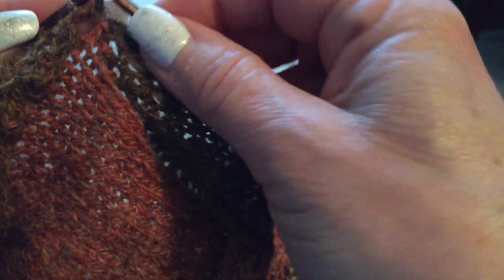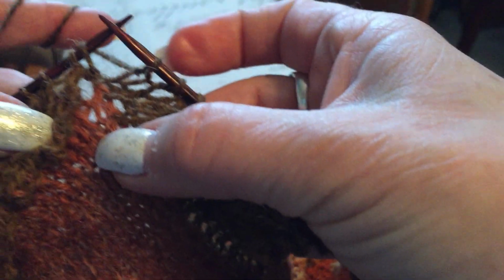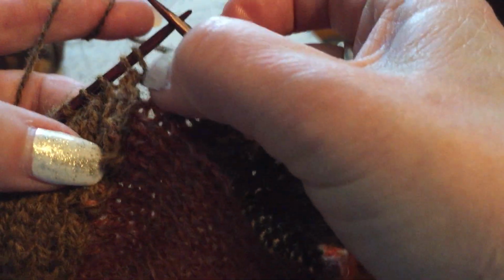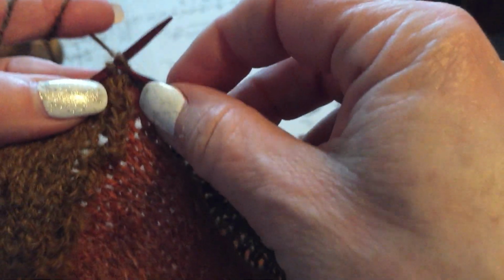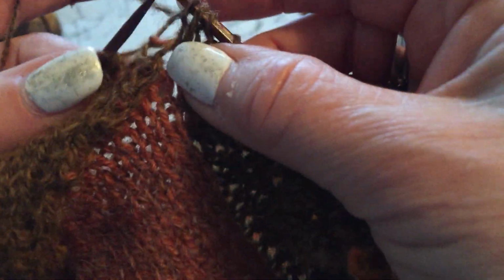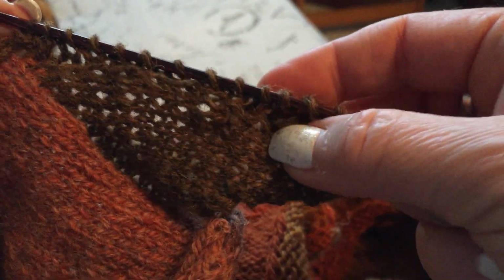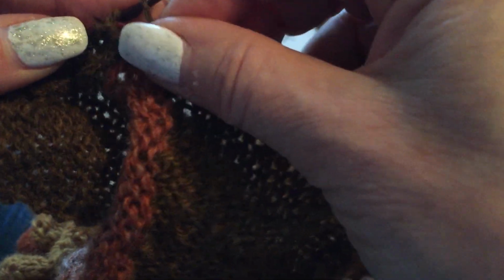One more, that would be here, so you can see this section here, this 1 stitch is from that block, and this is what I picked up. You're now going to slip 1, knit the next from that 1 block, and pull this slipped stitch over top. Then turn your work, purl to the end,